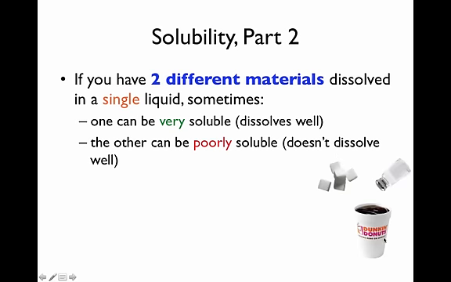Imagine that you have your Dunkin' Donuts coffee, and you have two different materials. You're trying to dissolve table salt, and you're trying to dissolve sugar simultaneously in this coffee. And it might be true that one of these materials is really soluble, is easily dissolved. Maybe it's the table salt over here, and maybe the other material, like the sugar over on the left, is